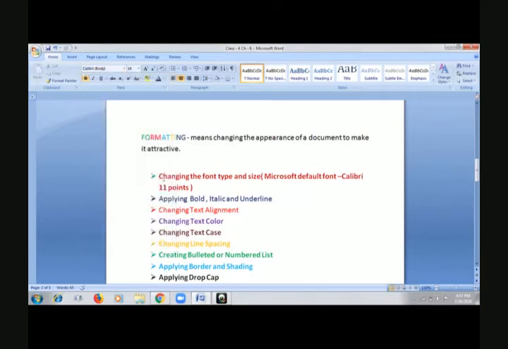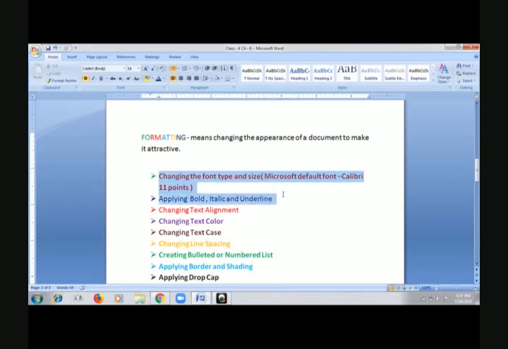Wherever you want to apply anything, if you want to change font type, font face, font size, then first you need to select it. So I am selecting this first line, changing the font type and size. Before that, I just want to tell you that the software Microsoft Word has a default font that is Calibri, and 11 point is the size.